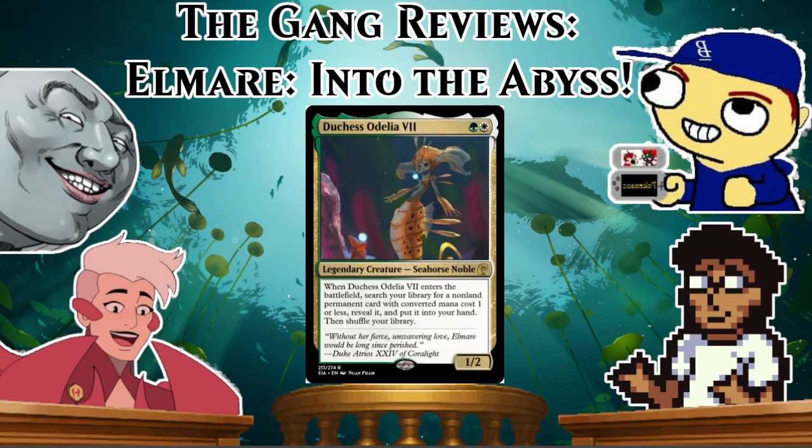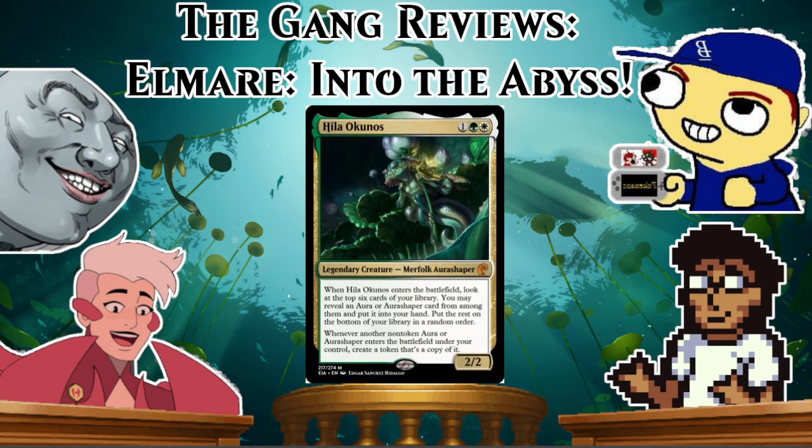Okay, so next up we have Hila Okunos. So this is another green-white card, and it does similar searchy stuff. When it enters the battlefield, you get to look at the top 6 and grab an aura or Aura Shaper. And the big money is that she free copies all of your auras and Aura Shapers, which is, for 3 mana, insane value, and I don't think this would be remotely fair if it wasn't such a niche or difficult to make work